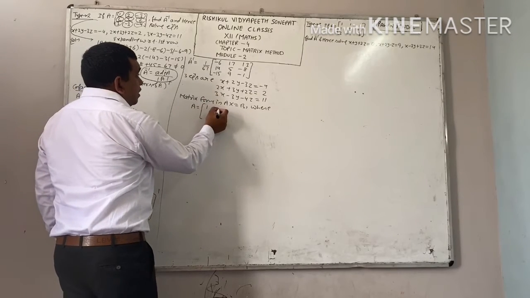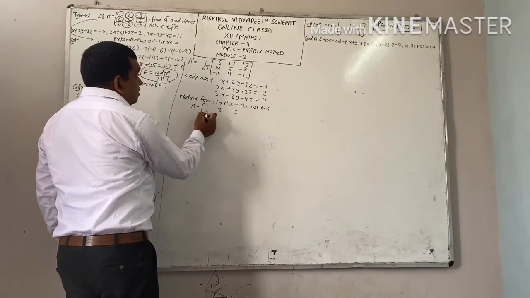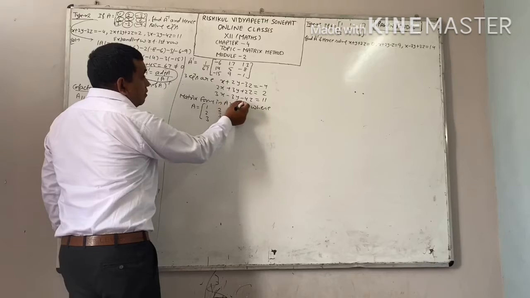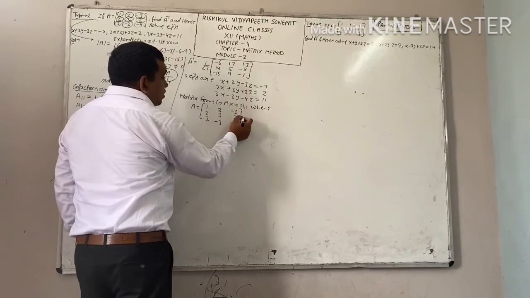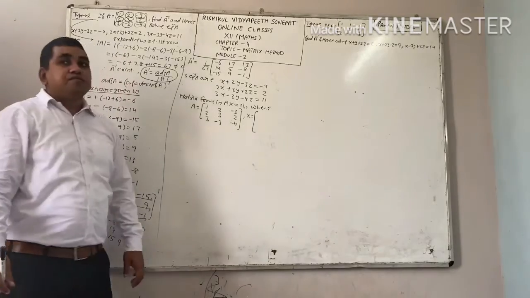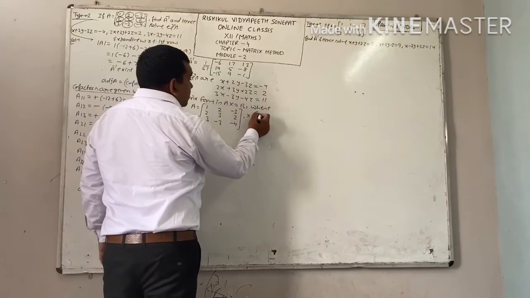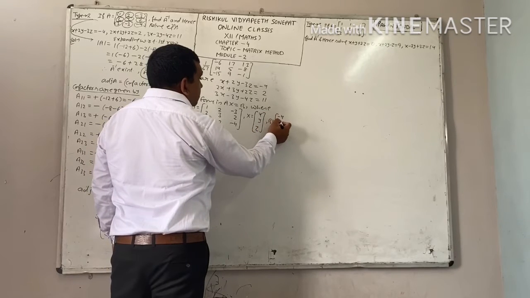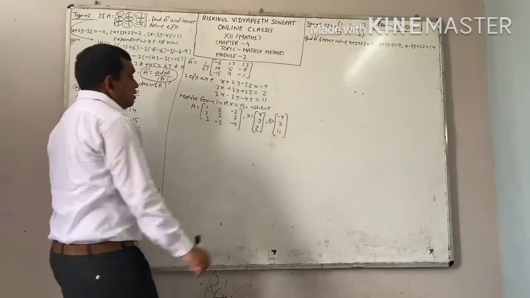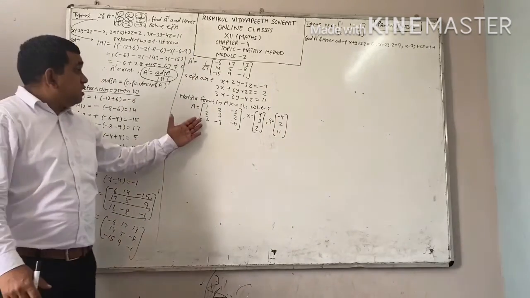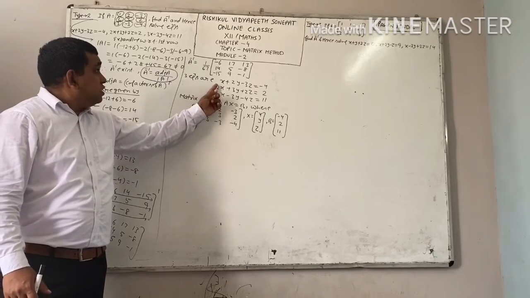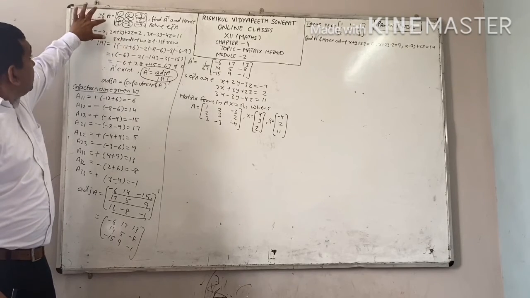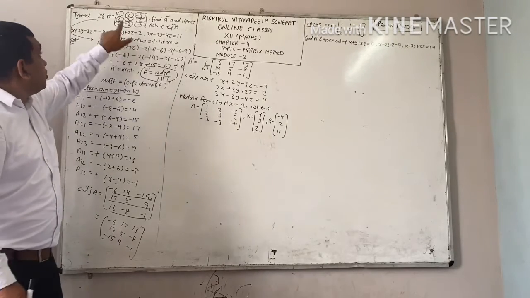This is your 1, 2, minus 3. From second equation 2, 3, 2. From third equation 3, minus 3, minus 4. Now X is your variable matrix and variables are x, y, z. B is your constant term on right hand side. These are minus 4, 2, 8. Right? Now check whether this value of A, which you obtained from three equations, and value of A given in the question is same or not.